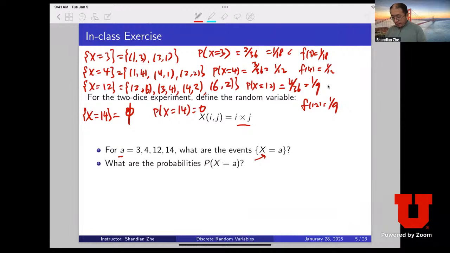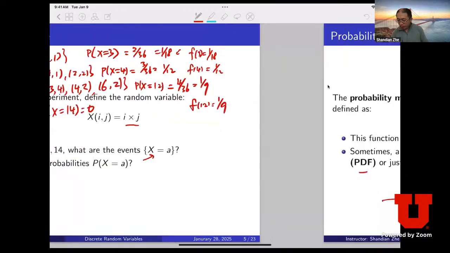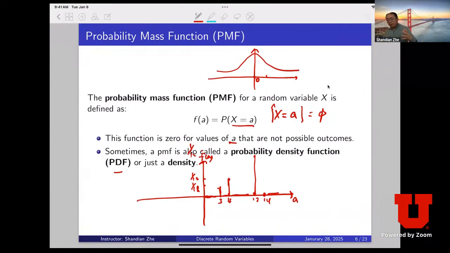So also we did some practice, like if I define this particular random variable, and if you use different A, we write down what are the explicit events it represents, right? Meaning what are the set of the elements in the sample space that represent that event, right? So we're not gonna repeat that, right? Okay, so based on random variables,